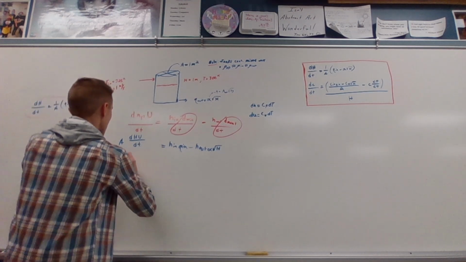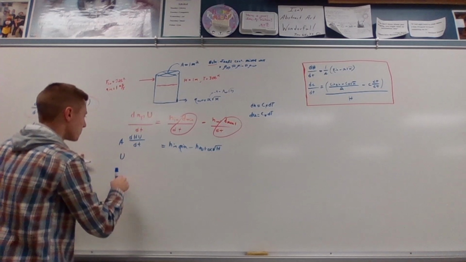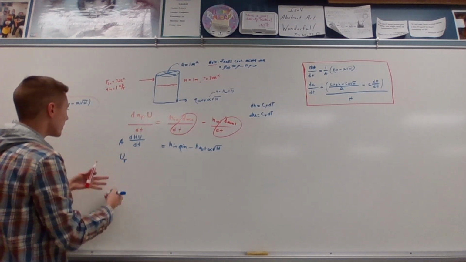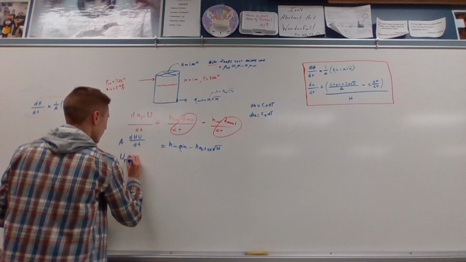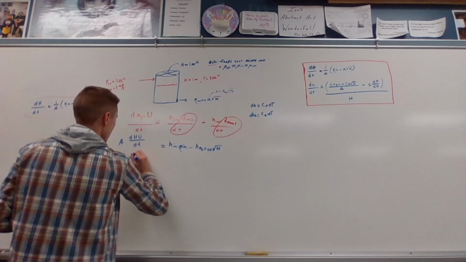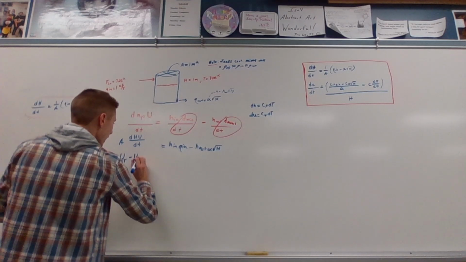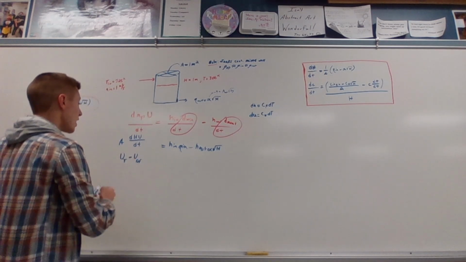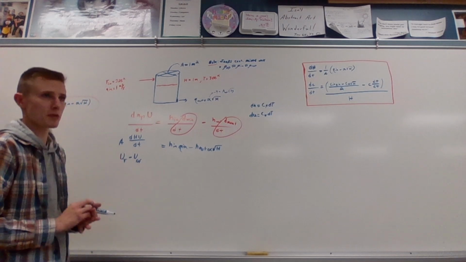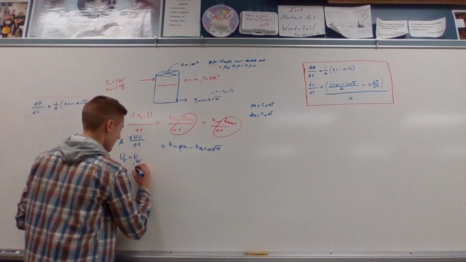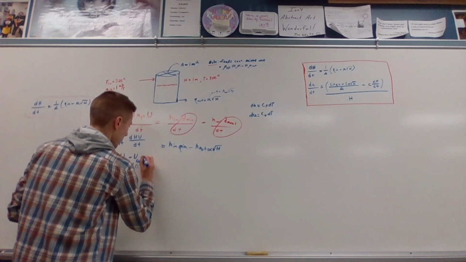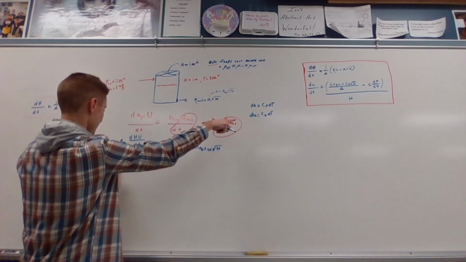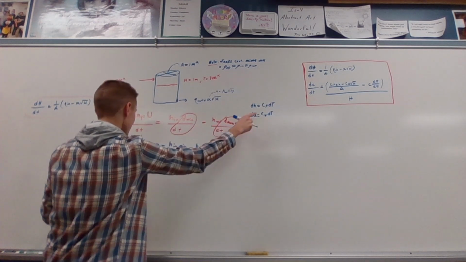So let's say that internal energy at some temperature, we don't know what that temperature value is, we can choose any temperature value, minus some internal energy at a reference temperature, which to make our life easier, let's just say the reference temperature is 0, is equal to, like I said before, for internal energy, the heat capacity at constant volume